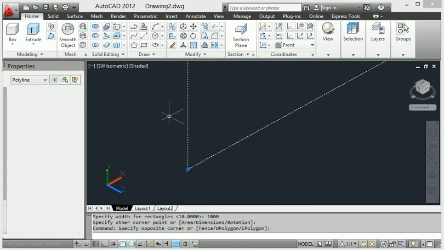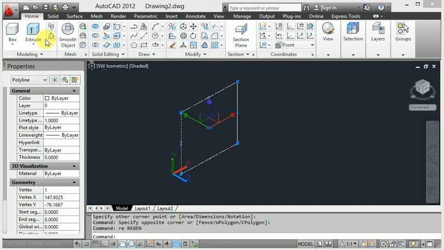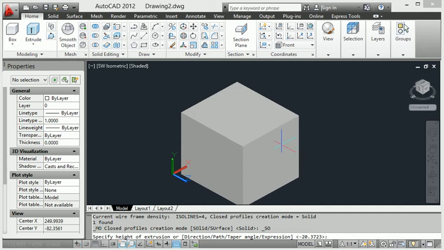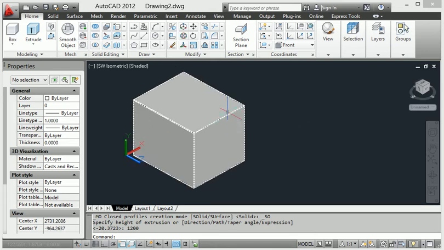Please make the rectangle here. Then I will go to the extrude command and extrude it 1200. This is our body right now.